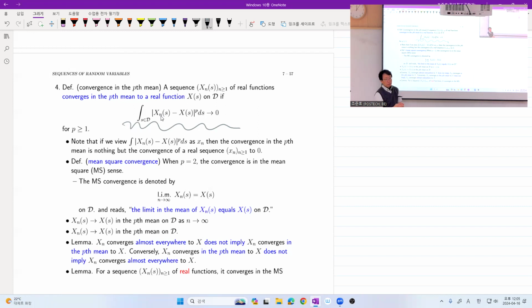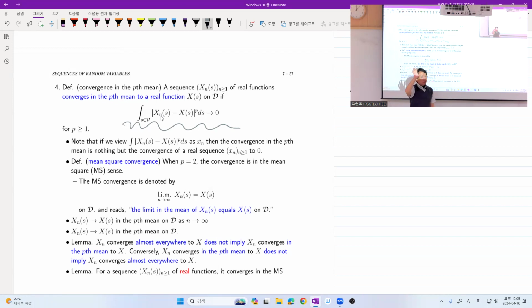Now, this energy may not be 0 in general. However, if you can show that the left-hand side, and by the way, what is the left-hand side? It is a sequence of real numbers, the nth term of a sequence of real numbers. If that converges to 0,